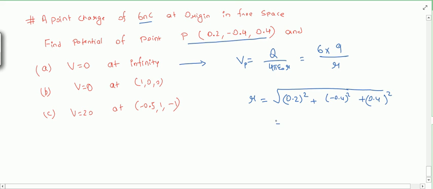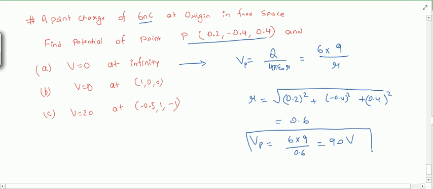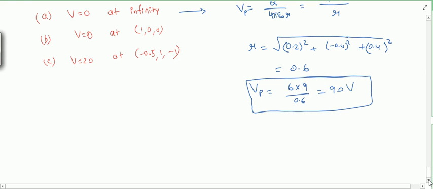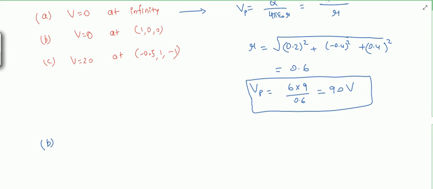So if you solve this, it comes out to be 0.6. So Vp will come as 6 into 9 by 0.6, and if you solve this it will be 90 volts for when the reference is at infinity. Reference at infinity means that at infinity the potential is 0. Now if I do the B part, what the B part says is